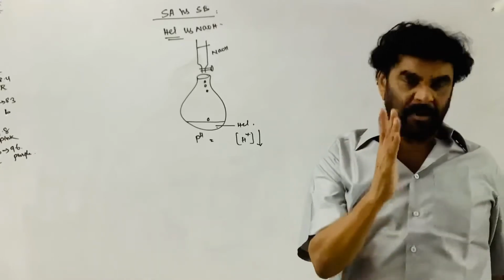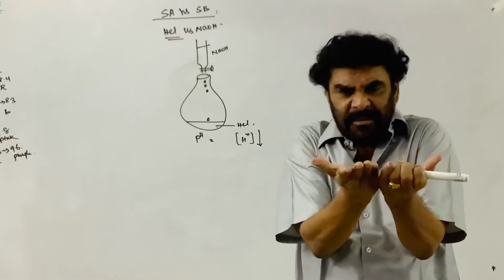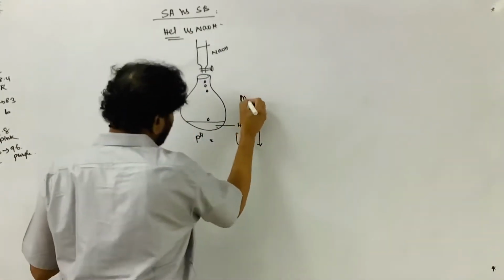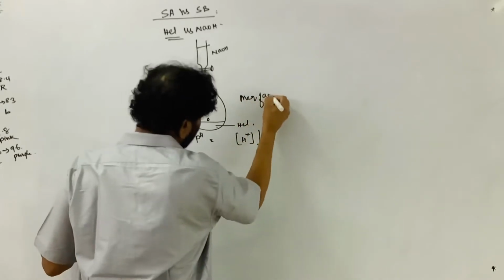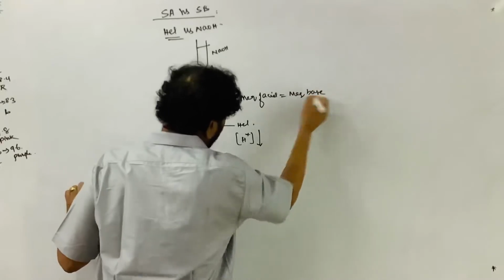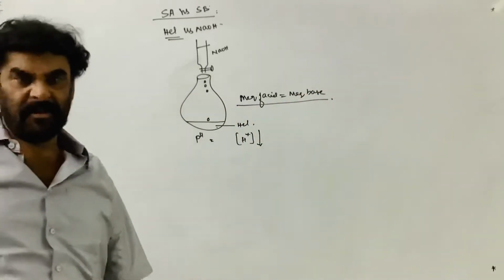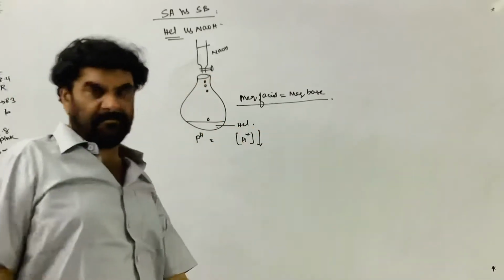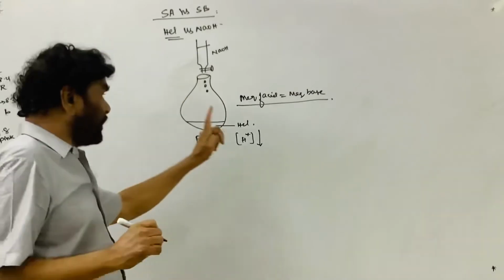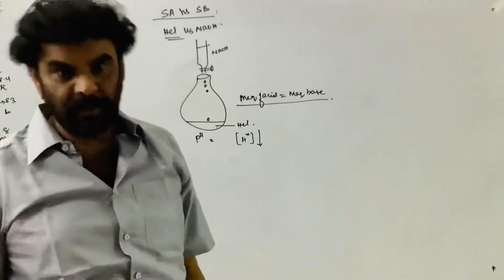At the equivalence point, where acid and base just completely react with each other, the milli equivalents of acid are equal to the milli equivalents of base. That is called the equivalence point. So pH should be 7. But here pH 7 is not possible at the equivalence point or end point.